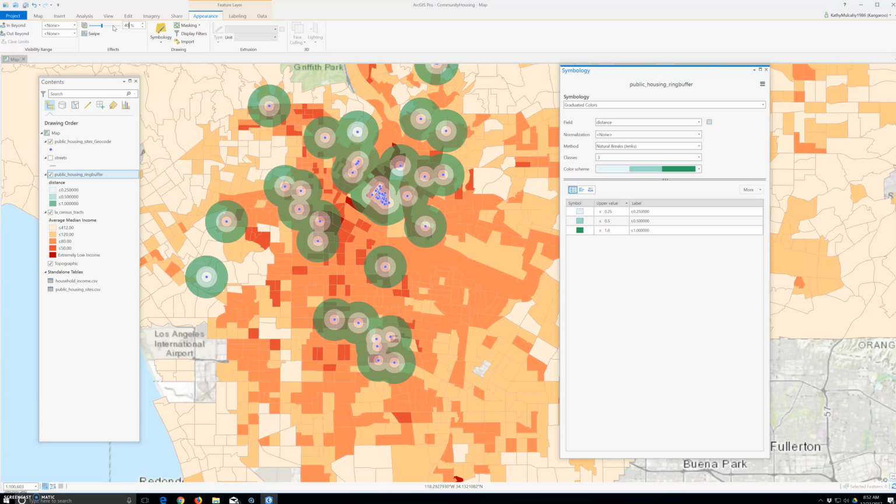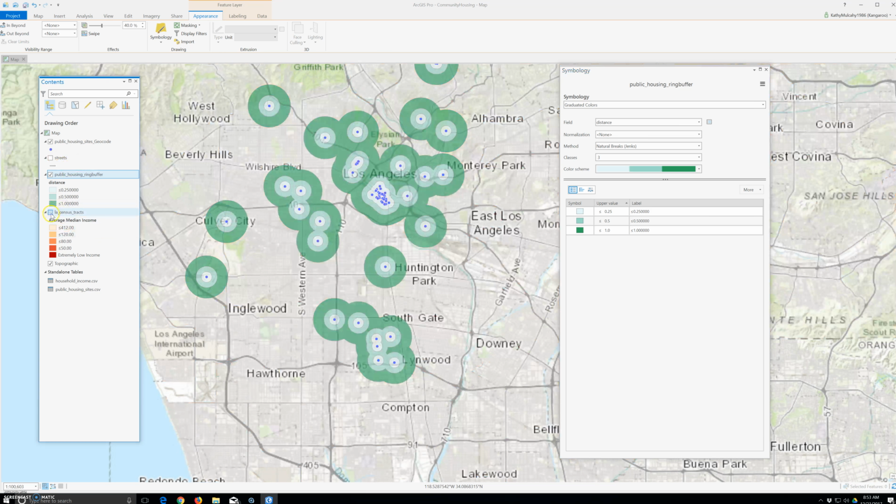Next, the clip tool extracts features using other features as a cookie cutter or trim boundary. So this tool is particularly useful because you want to find only the features that are within a certain distance of the public housing sites. We're going to turn off this layer and we're going to do more. So that using this